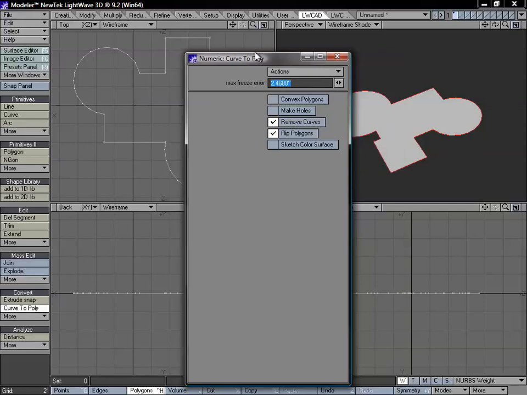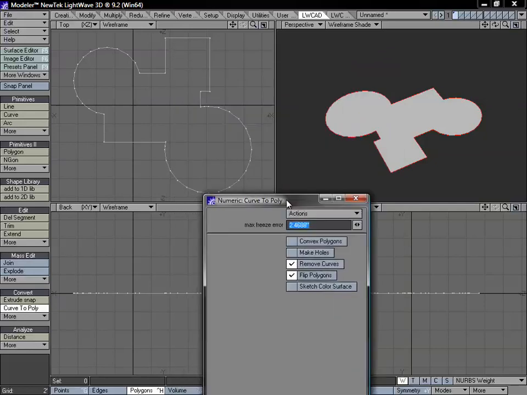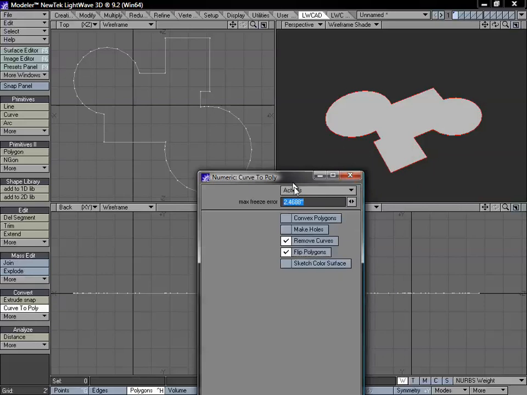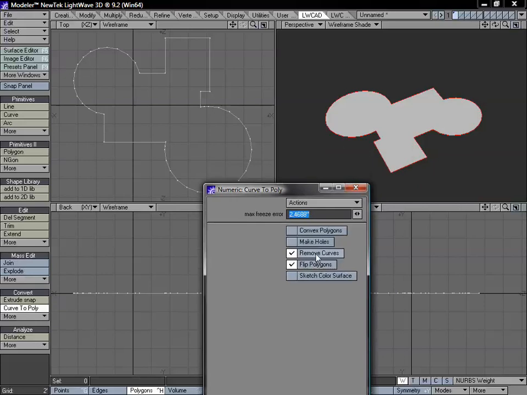Hit N to bring up our numeric options for this, and now we have a couple of different options. And I'm also going to show you some different shapes just so we can see exactly what these do. We have remove curves set right now. So we can either choose to keep the existing curves and create a new polygon with that. So if we want to maybe use those curves later for something else, all we would have to do is